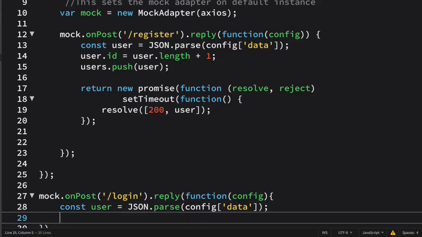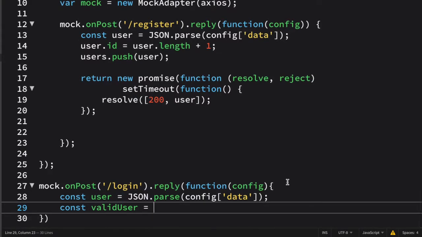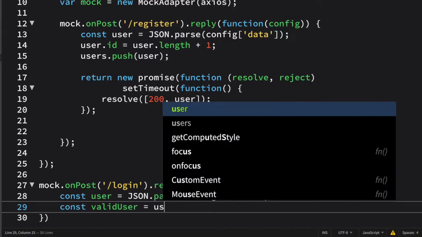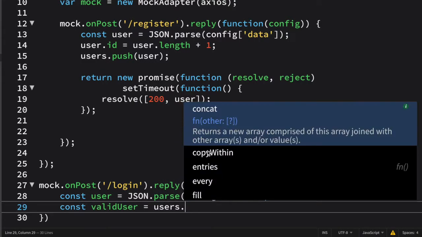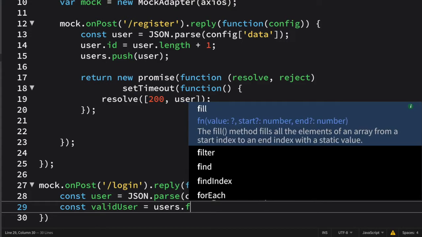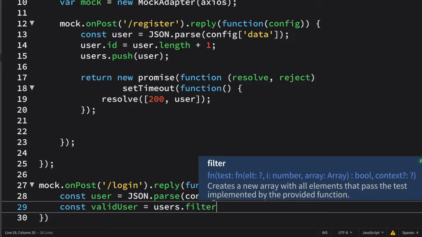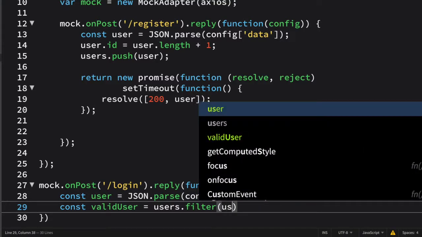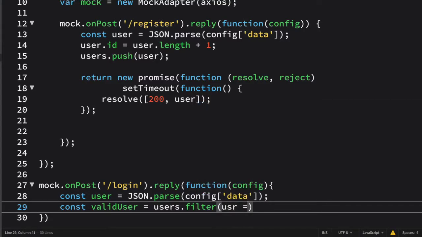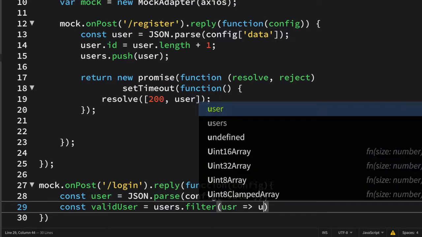And after this you have to declare here another constant variable, and that is validUser. So here I am going to validate a user by using a filter. So let's now see how I'm going to do this. If a user is trying to log in, then I am having an array of all of the users which are currently present in my application. So here I am going to use this filter function on all of the users, and I am going to check whether this user who is trying to log in is a part of our application or not.